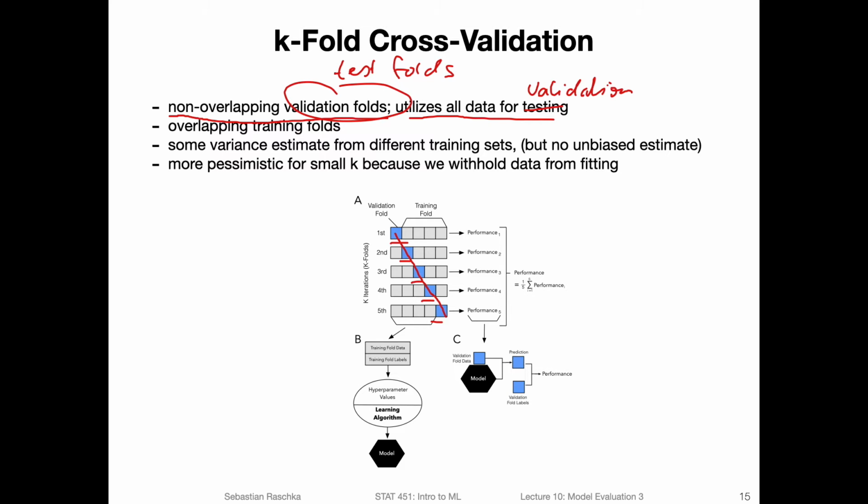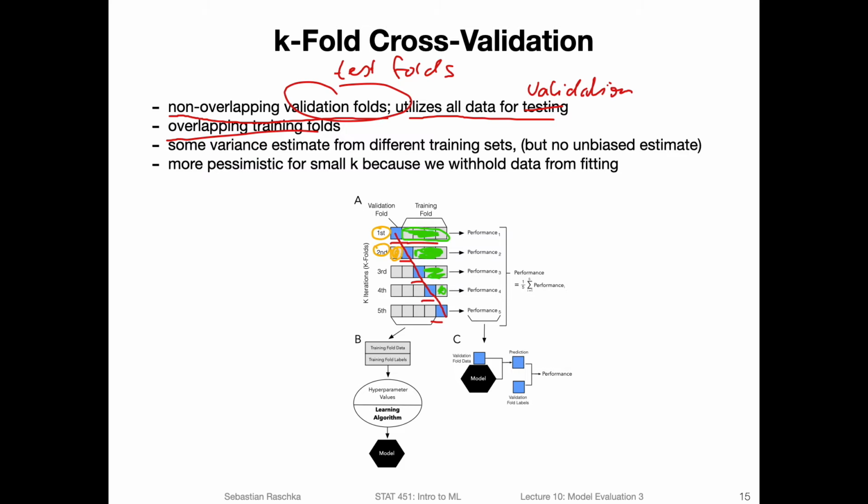Another thing to notice is that the training folds are overlapping, so they are not independent. If you take a look at this one, you can see, for example, in this case, these are overlapping between the two rounds, the ones in green. So in that way they are not independent, right? If you look at 1 and 2, the only case where the train data differs is here on this left-hand side, and then you can see that we use overlapping training data for the rounds.